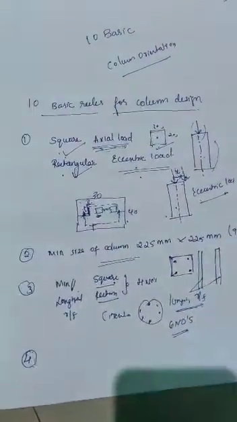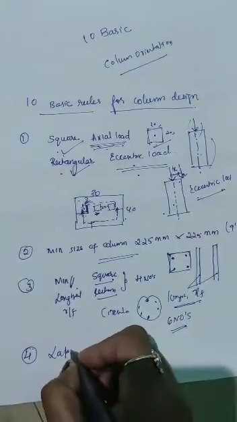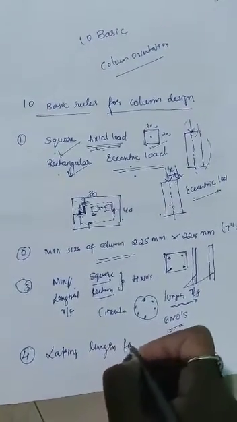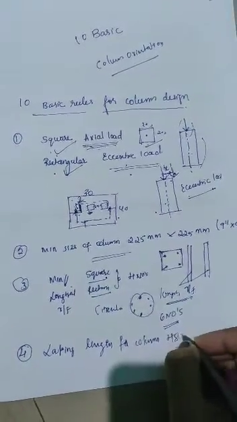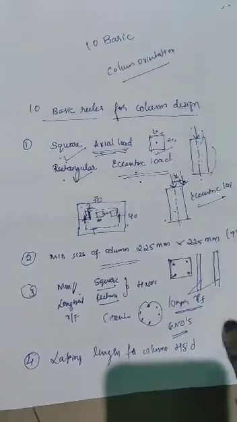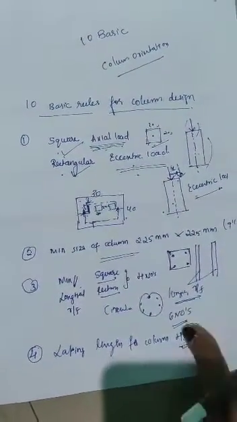Okay, the fourth point is lapping length for column, which is 48 times the dia. So this is the lapping length you need to choose, 48 times the dia of the bar. So next,